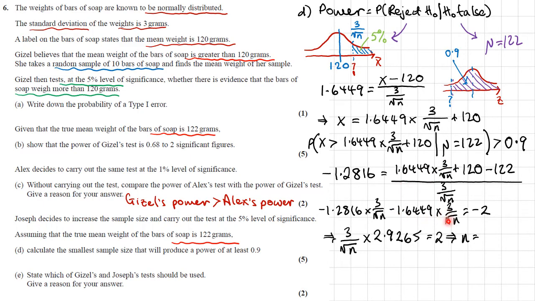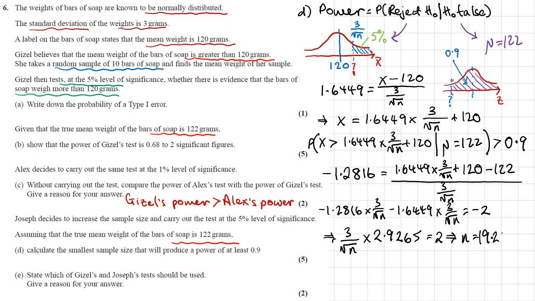You can get rid of all the negative signs. Then I can put these two terms together. So then I'll get 2.9265 times 3 over root n, and that's equal to 2. Dividing both sides by 2.9265, dividing by 3, finding the reciprocal and squaring, I get a value of n equal to